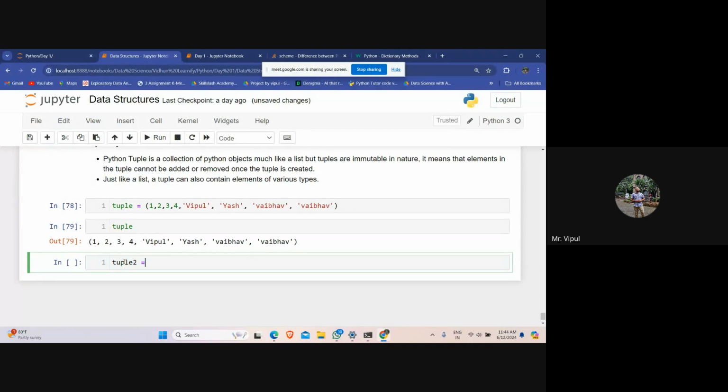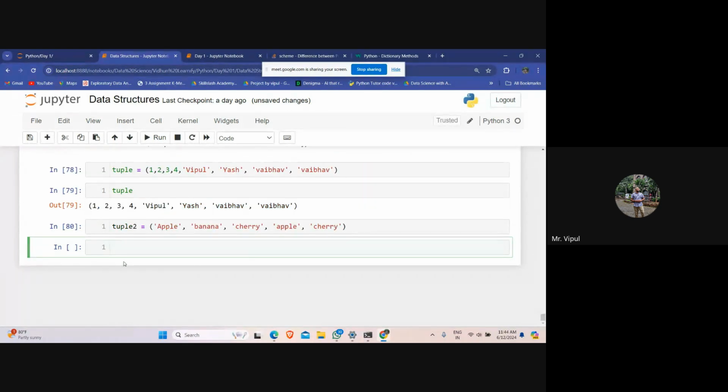Let's create one more tuple. Let's add apple, banana, cherry, again apple, and let's add one more cherry. It will take these duplicate elements as well.